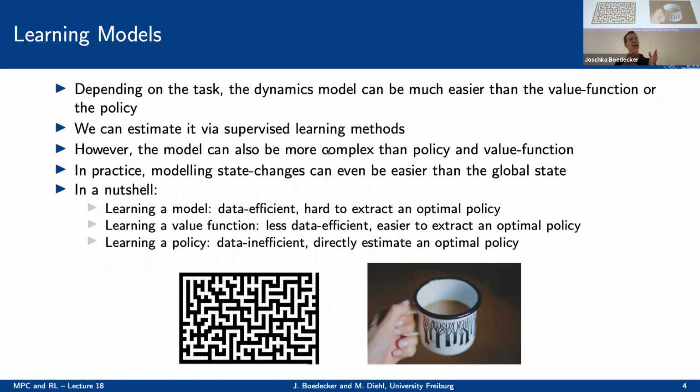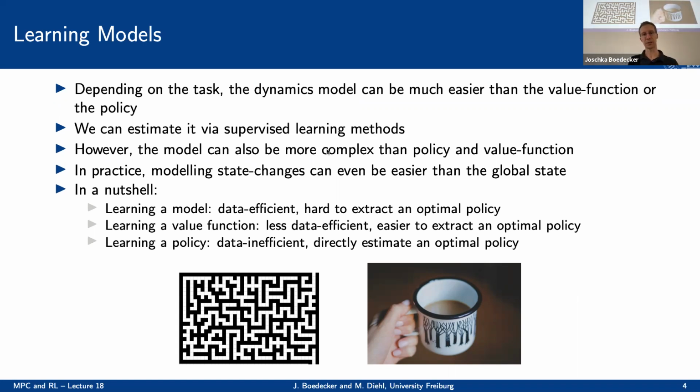So we are in a state S, we execute an action A, and at the next time step, we will know what S_{t+1} is. That's the next measurement that we get, if we assume that we can really observe the states. And then we can use that for training. We make a prediction S_{t+1} hat, and then we can define an error to the real S_{t+1} that we observed, and we can use that in order to train a prediction model. So that's nice,